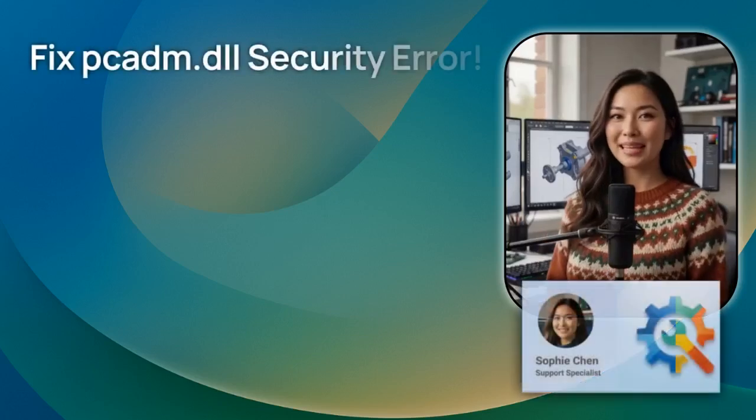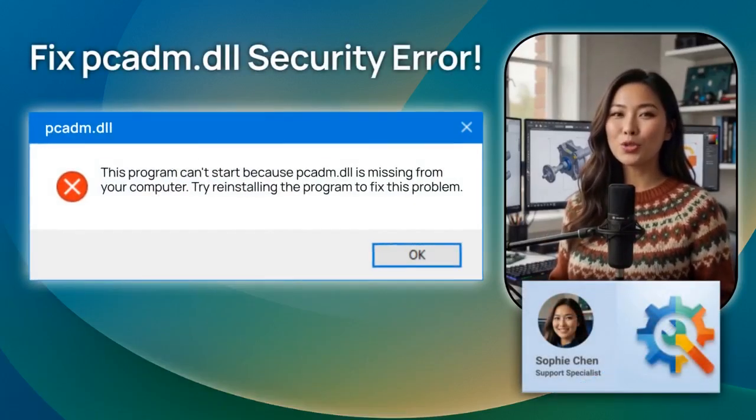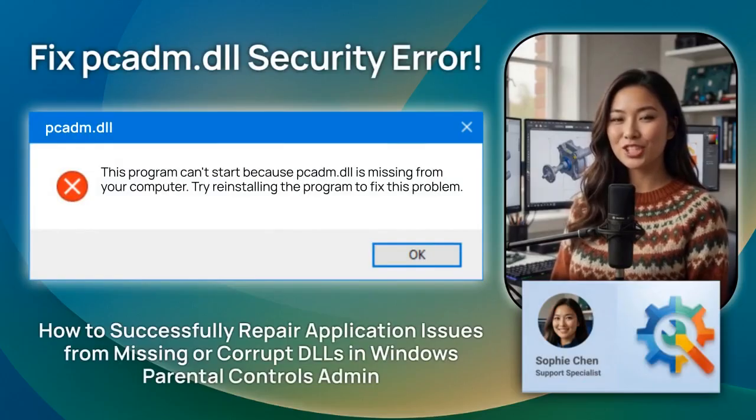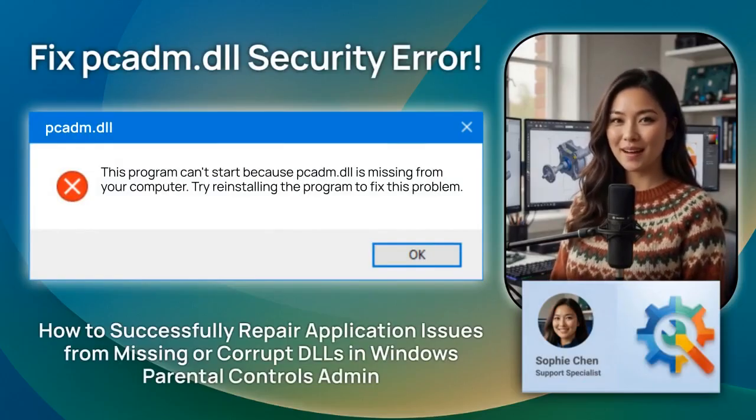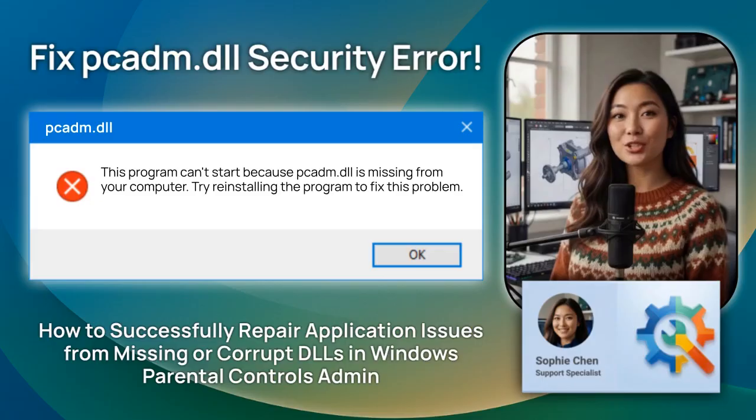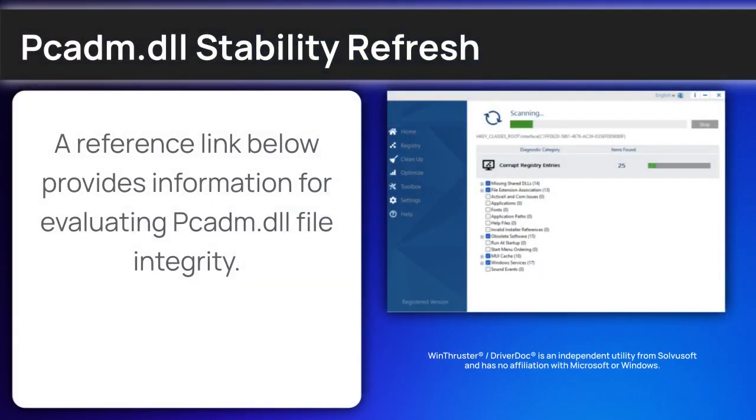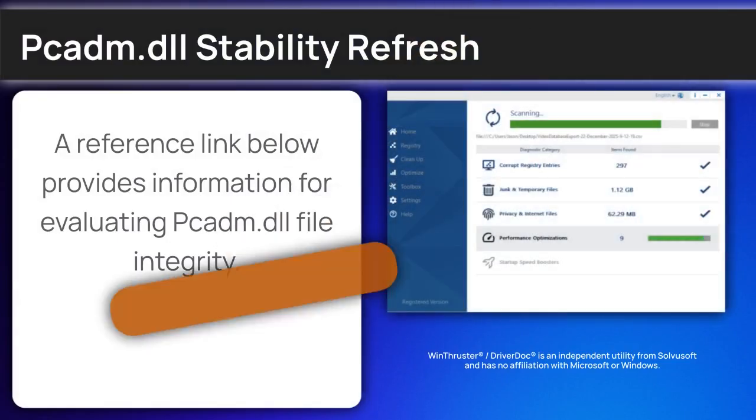Are you being annoyed by the Pcadm Library DLL error causing system instability? I'm Sophie Chen, a senior Windows support engineer, and I'll walk you through the diagnostic steps to fix your execution path. Before we get started with Pcadm Library, you may want to try the diagnostic path below to ensure your